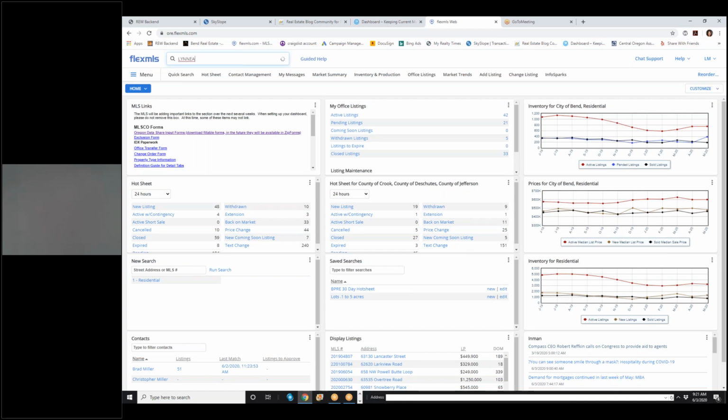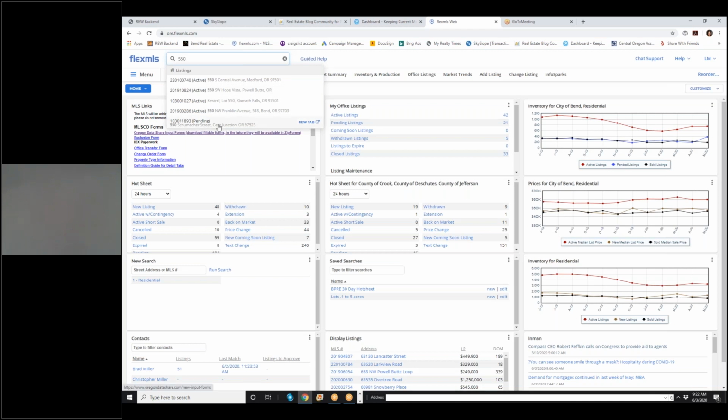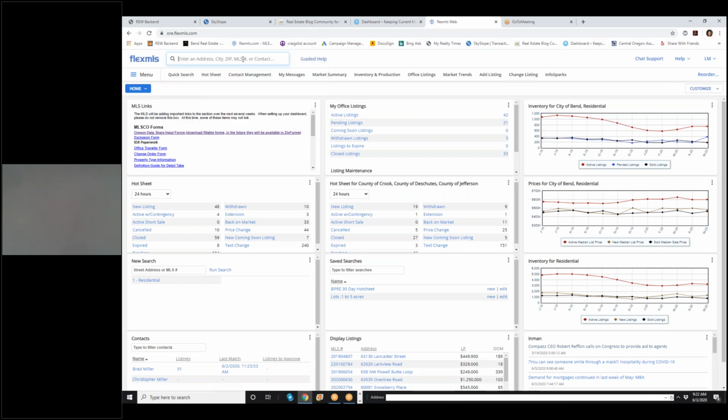it should pull up immediately my name. If I start typing up an address, say 550, here go 550, all the things connected with 550, the address 550. So there's one in Medford, there's one in Hope Vista, Pal Butte. And it goes by the most recent on top to below here. Here's a pending thing in Cave Junction. So it's very helpful just to use this tool here, finding the name of somebody, finding, yeah, here's one here, my